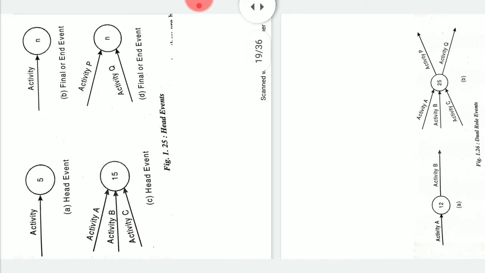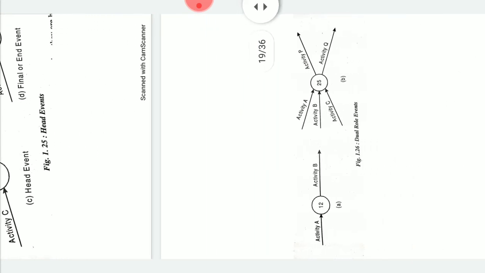So the next one, dual role events. Actually, most of the events serve dual functions. That is, they are head event to some activity and tail event to the other activity. All events except initial and final events are dual role events. So the next thing is